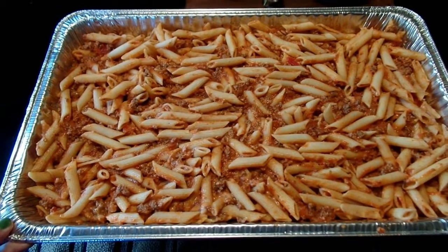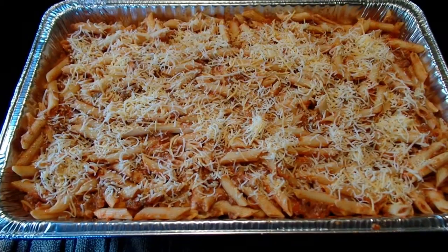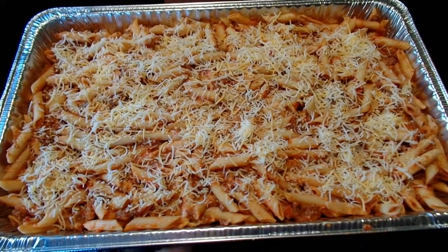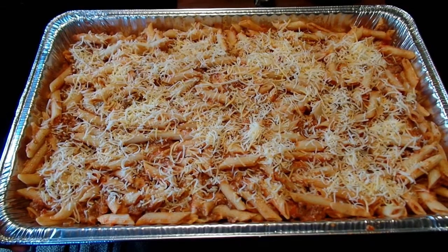I have sprayed this pan, and now I'm going to go ahead and top that with some cheese. Here's my casserole all topped with cheese. You can see that I just do a really thin layer, just more to kind of bind it together and for looks. I'm going to go ahead and cover this with foil and then put it in a